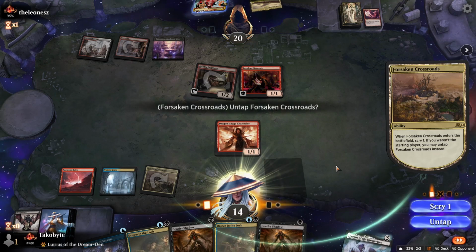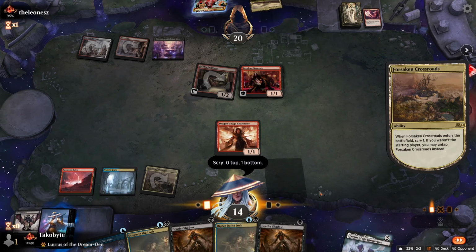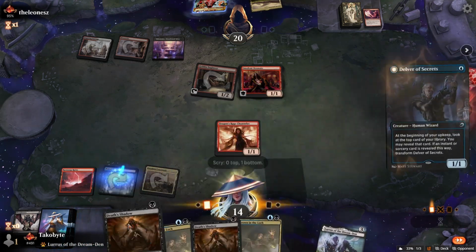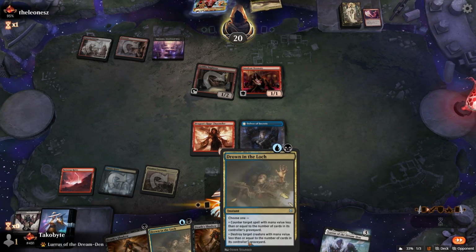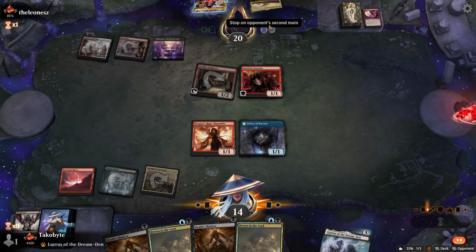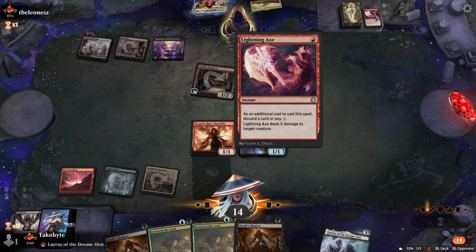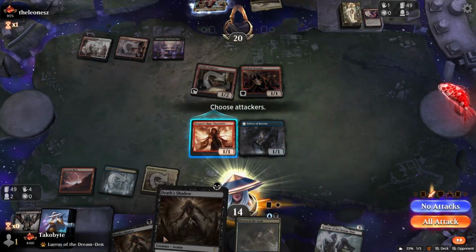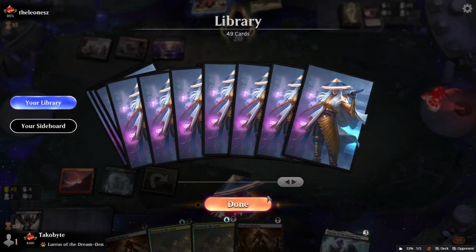I'm gonna scry. Oh, Pierce? Nope. So obviously I could have held on to Drown in the Loch and then maybe try to counter their Greasefang, but I do need to put on some aggression. And hopefully I find...